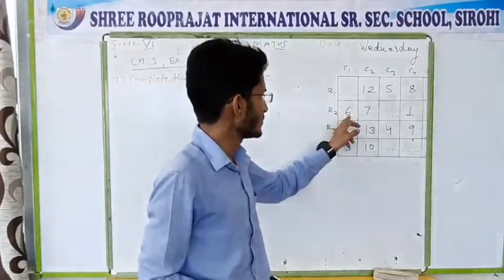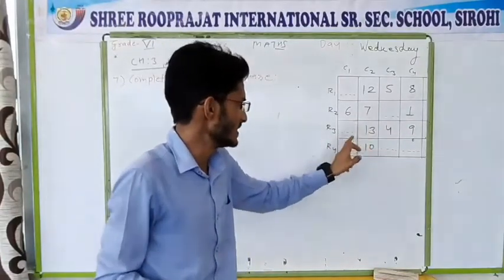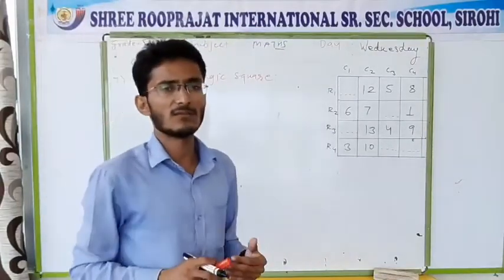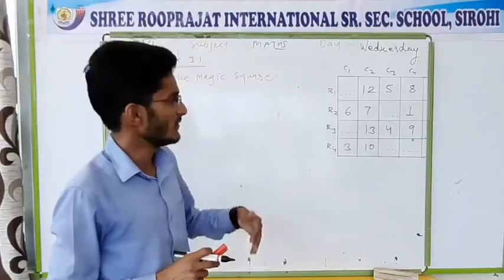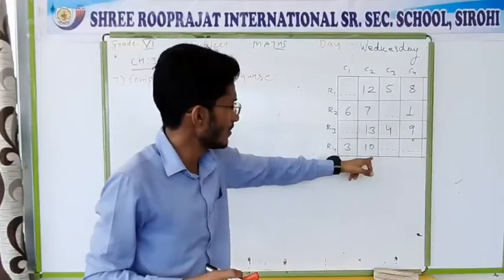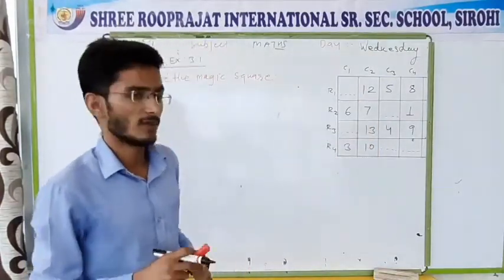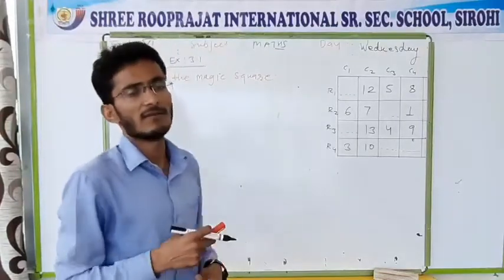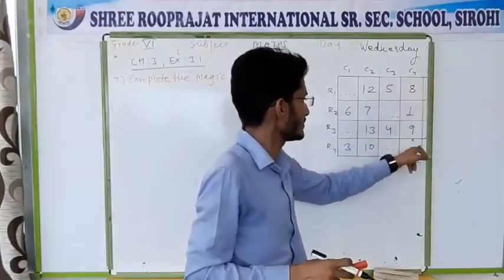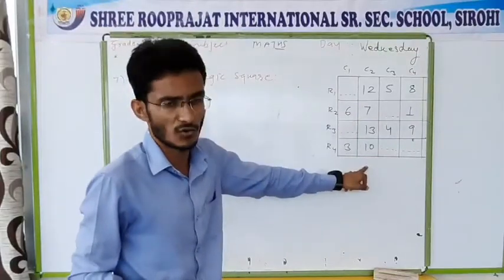In row number 2, some number is still missing. Row number 3, a number is missing. Row number 4, a number is missing. So we still can't find out the total sum using a row. In column number 1, 2 numbers are missing. Column number 2, all numbers are given. That means using column number 2, first of all you have to find the real sum. Then using that we will find the missing numbers. In column number 3, 2 numbers are missing, and column number 4, a number is missing. So the only way to find out the sum is column number 2.